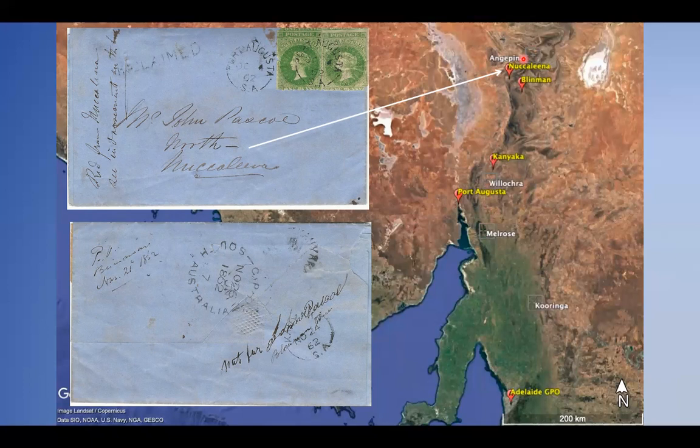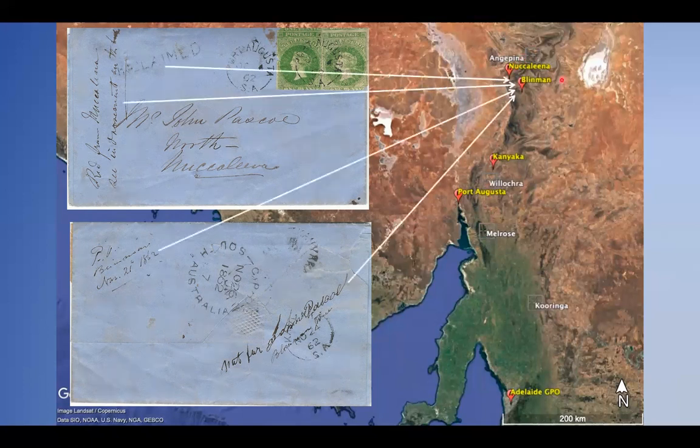The letter was delivered to the recently opened post office at Blinman. And the postmaster tried to send it twice by probably somebody on a horse going up to Nucalina, about 35 kilometers away, and annotated the letter here and here to say it came back. He sent it back again, it came back. Fed up with that, he annotated it and put it in the mail to Adelaide on the 21st of November